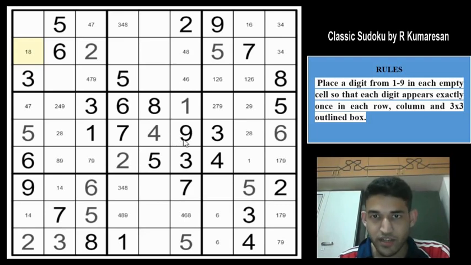The Sudoku is getting slightly harder now, as you can see. Even after marking so many candidates, there is not much in way of pairs or any triplets. So let us look at this row now. 6, 7, 9, 2 and 5 are the available digits. 1, 3, 4 and 8 have to be placed. But this cell cannot contain a 1, cannot contain a 4, cannot contain an 8. So this can only be a 3. Beautiful. That is a hidden single. So we have placed the 3 now. We can eliminate the 3 from here.